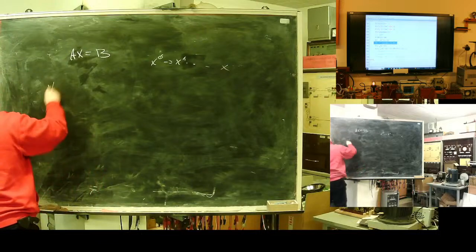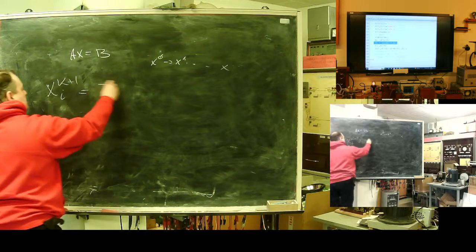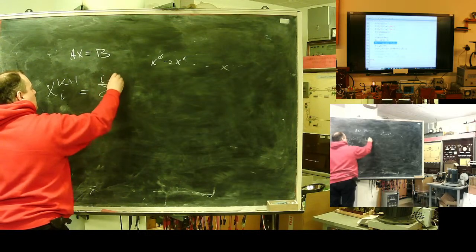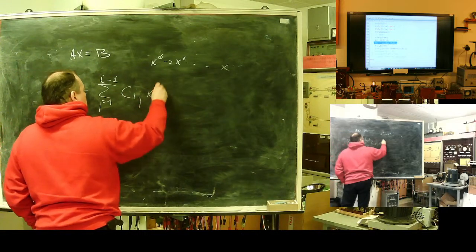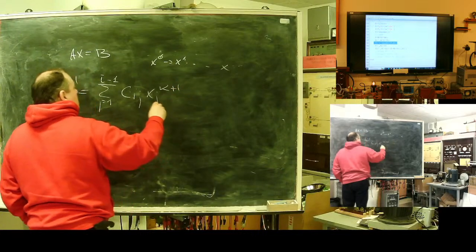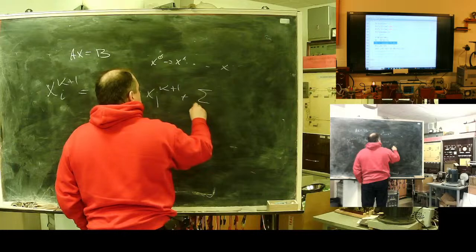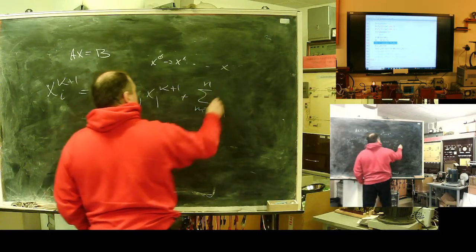The next x number i is the sum from 1 to i minus 1 of c_i dot x, the next from the previous, plus the sum with m changing from i plus 1 to the number of equations of c_im